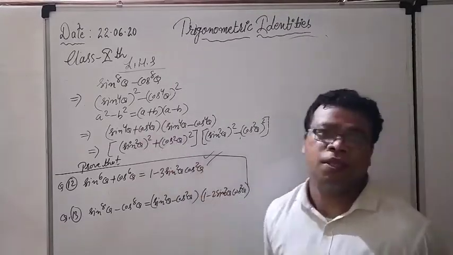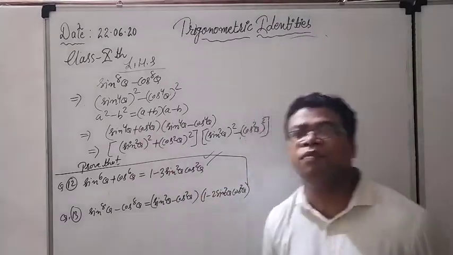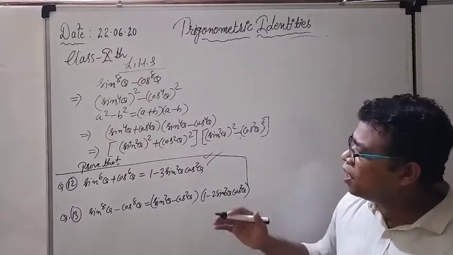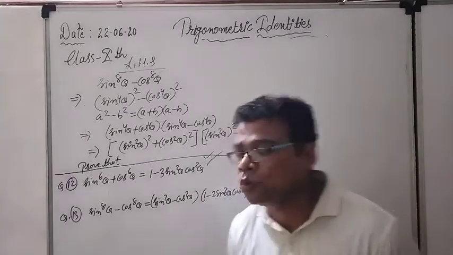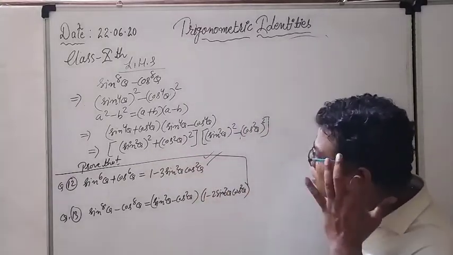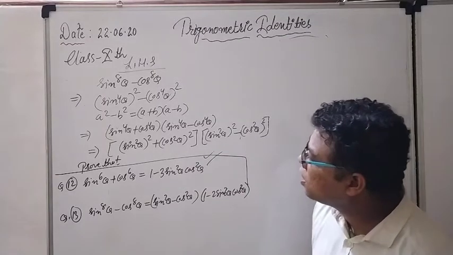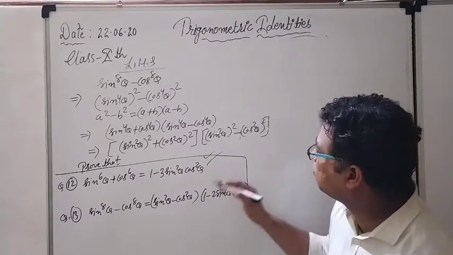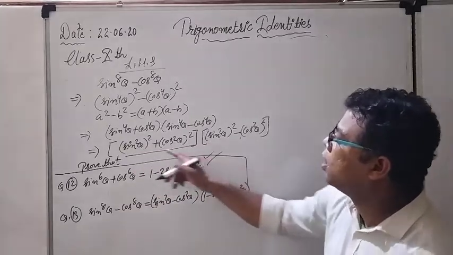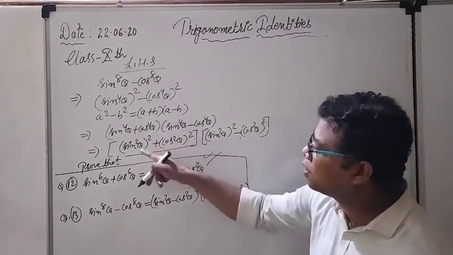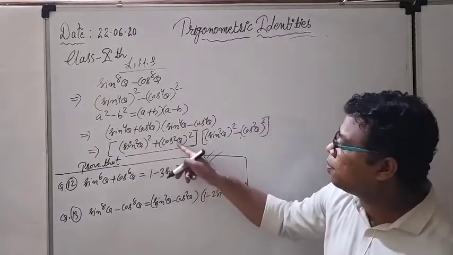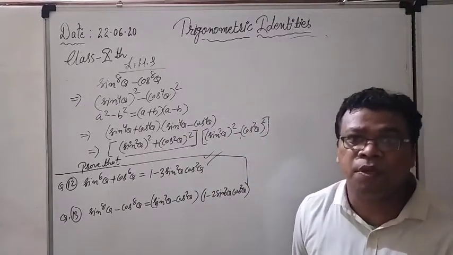Whatever the power 4 is there, we don't have any formula related to power 4, and that's why our main concentration is just converting the things into power of 2. Right now see what could be done. Again this, see the things. Okay, this is what: a square plus b square. Whatever is inside the bracket, I will consider it a. So a square plus b square, again a square plus b square.